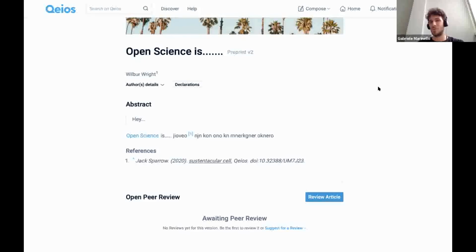So if, for example, these chapters are already in a book which is protected by copyright and so on, you should not publish it on Qeios, because it's not a repository for already published research, but for new research, which can be in the form of a non-traditional academic article, or an academic original article, as some journals require. But at least it should be something that has not been published as an article somewhere else, and this follows the guidelines by COPE, for example, to avoid the double publication problem.